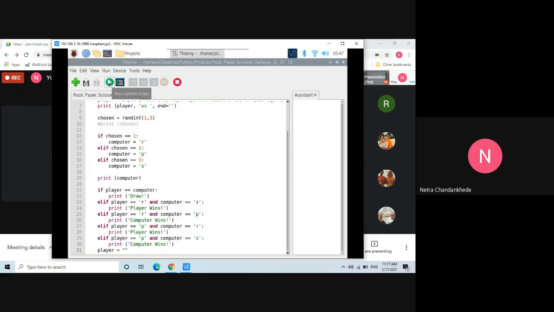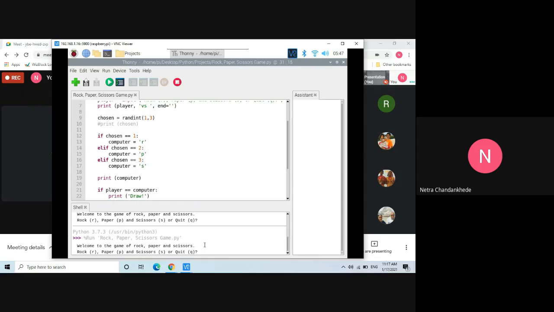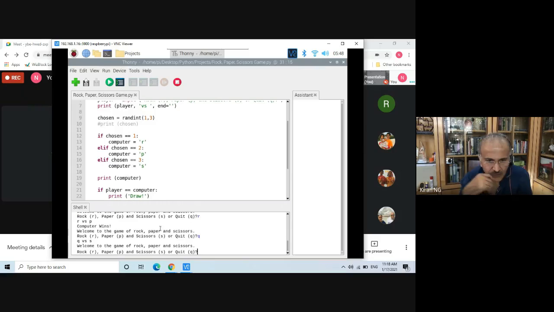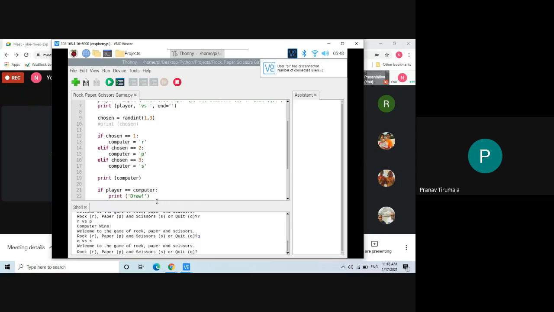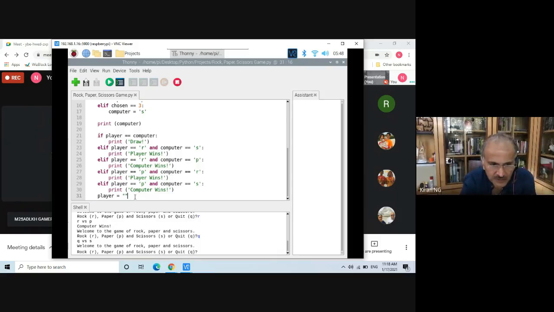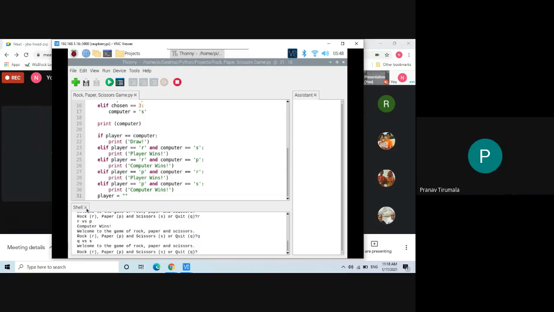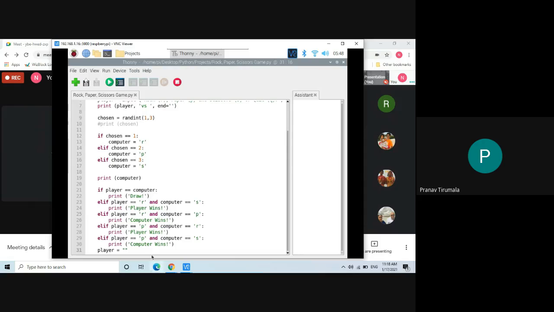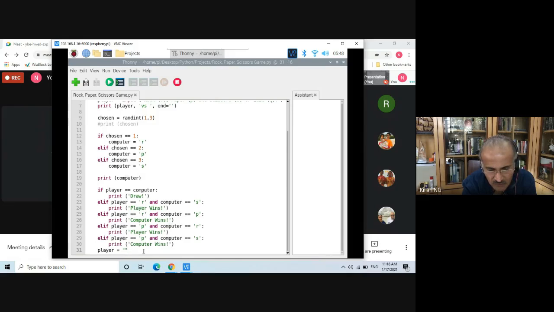This was R, okay. Then Q. No, Q should have quit. Actually, last time it did come out of the loop. The while loop runs as long as it is not Q. So if you again make the player variable null, then it again won't become Q, so it won't exit. Now let's see whether your regular logic is working. You don't need the last line actually. Player equals null, you don't need that.